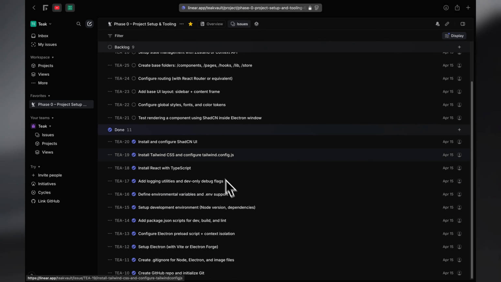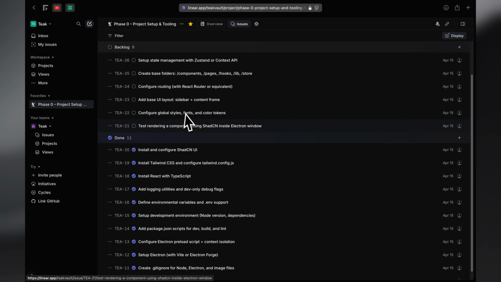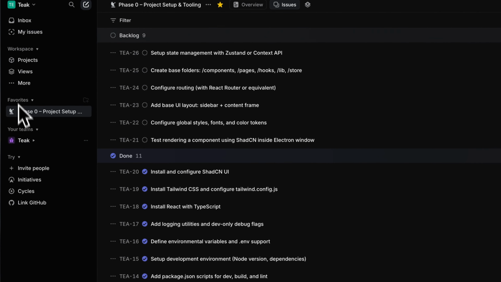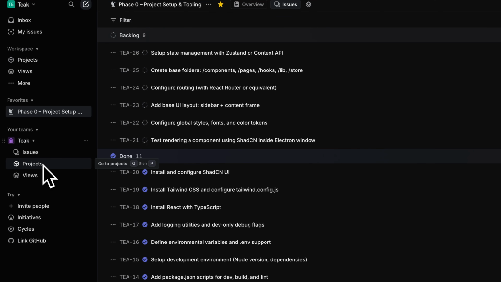Today I want to make a video on how I use Linear for tracking my tasks for any app. This is a new project that I'm working on, and I have just created a task for me here. I usually create a team for what I'm working on, and I go straight into